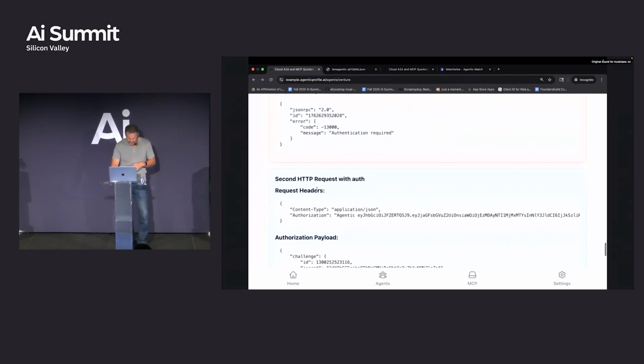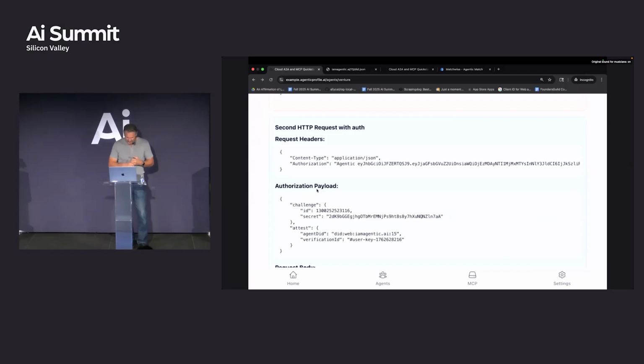So on the client side, what happened? The client said, okay, I get that. I was challenged, and I know how to handle that. It actually did the mechanism there. It dug deep and found a private key on my side. It grabbed the challenge, which is a big structure, and added some more data in there. It said, this is me, here's the DID, or the DID plus a fragment, which is the agent. This is who I am right now. And not only that, here's the exact key I'm using right now, the ID for the key. It used that to generate a JWT, and with the JWT it populated the authorization header. So it passed that across.